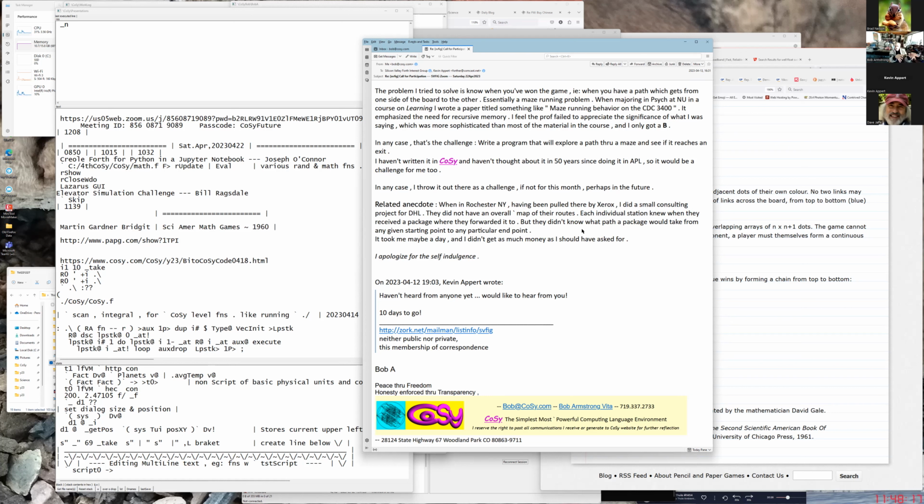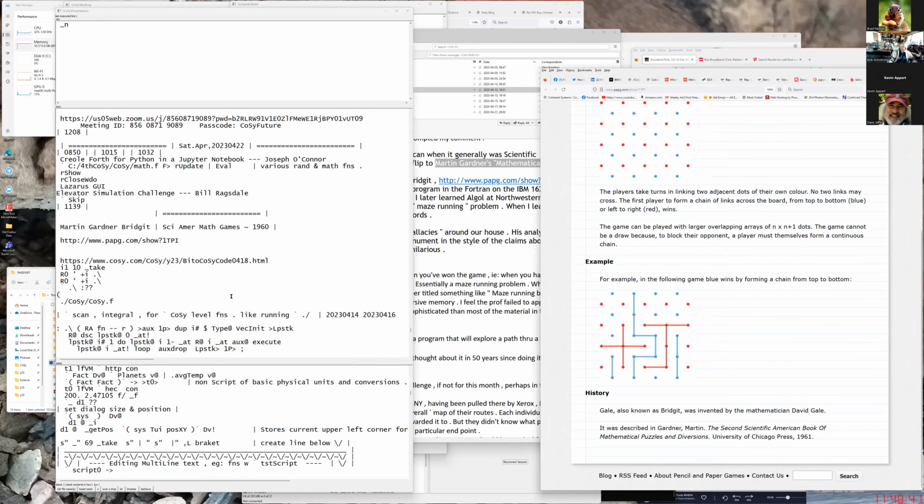But there at top management, they did not have a map of their overall system. So this is a similar sort of thing: okay, you've got the connections for each node. Now go and develop a global map for the whole thing. So anyway, that's what I propose as a challenge.